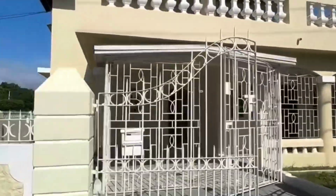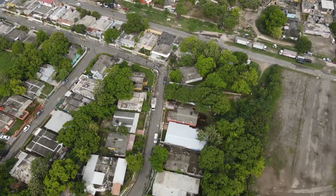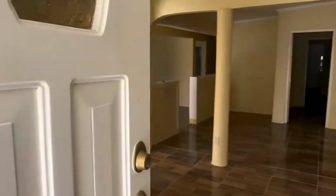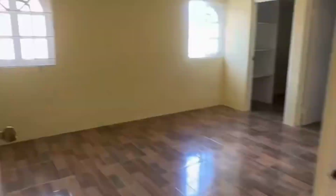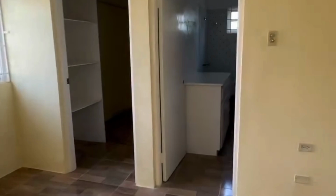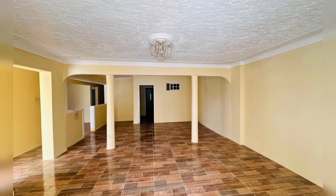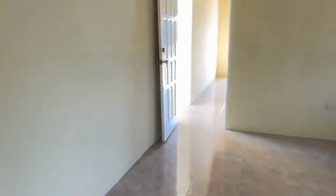Welcome to this stunning, newly renovated 5 bedroom, 3.5 bathroom home. It is located in the desirable Christian Meadows community, Gregory Park. This spacious and modern residence offers comfort, style, and convenience, perfect for a growing family. All the bedrooms are generously sized, providing ample space for rest and relaxation. Enjoy the flexibility of having a cozy living room downstairs and an additional living space upstairs, perfect for family gatherings